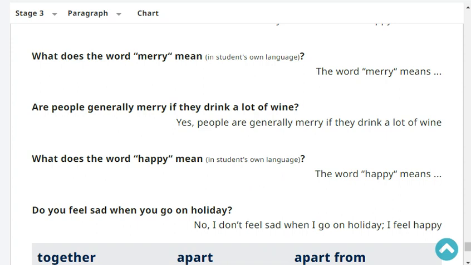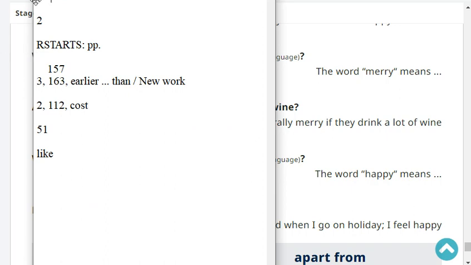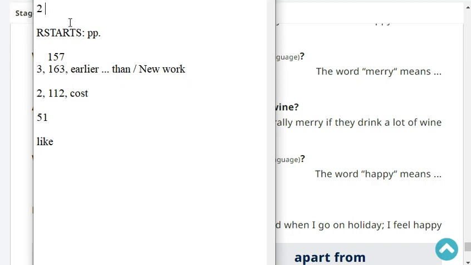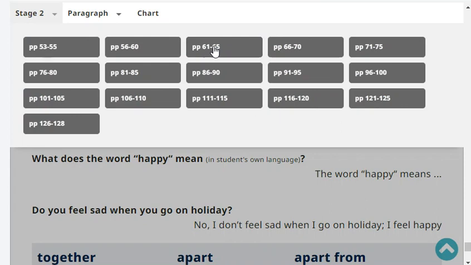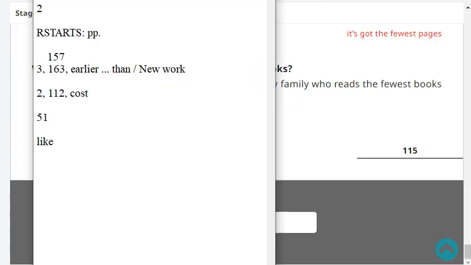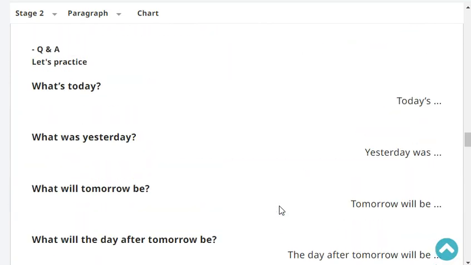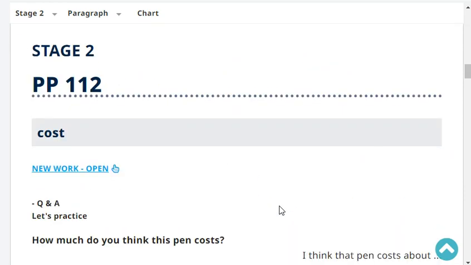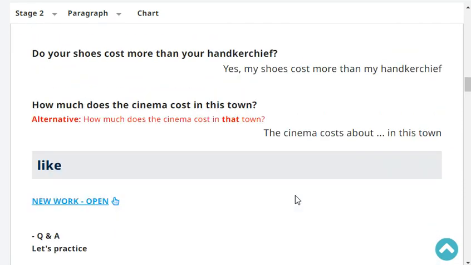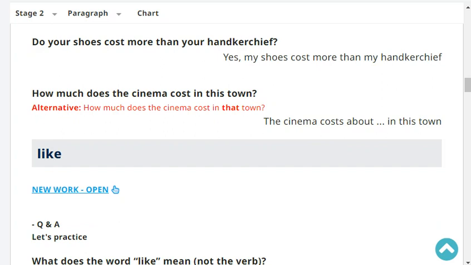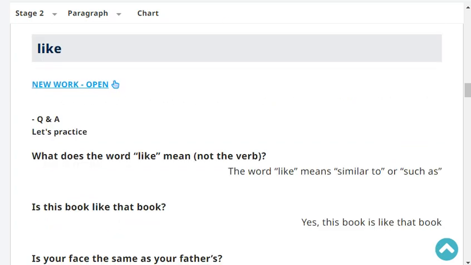Okay, so now let's move on to your reading. Very good. So reading is at stage two, page 112. Last headword was cost. Okay, start with the headword like. Stage two, cost, 112. Like. What does the word like mean